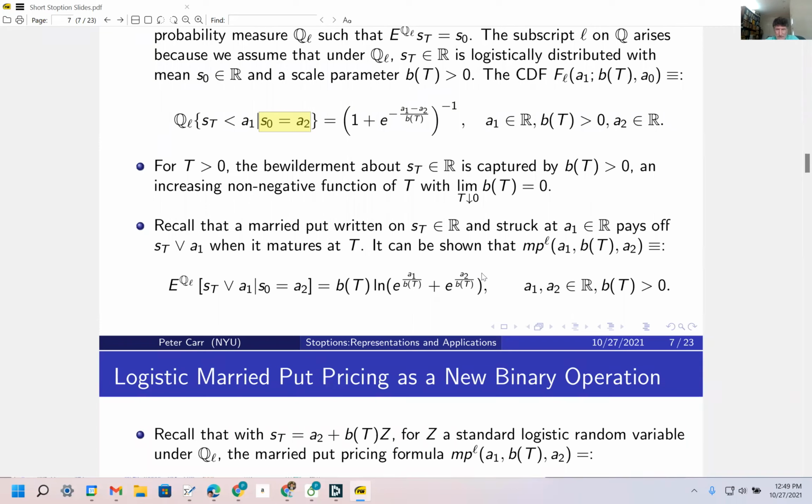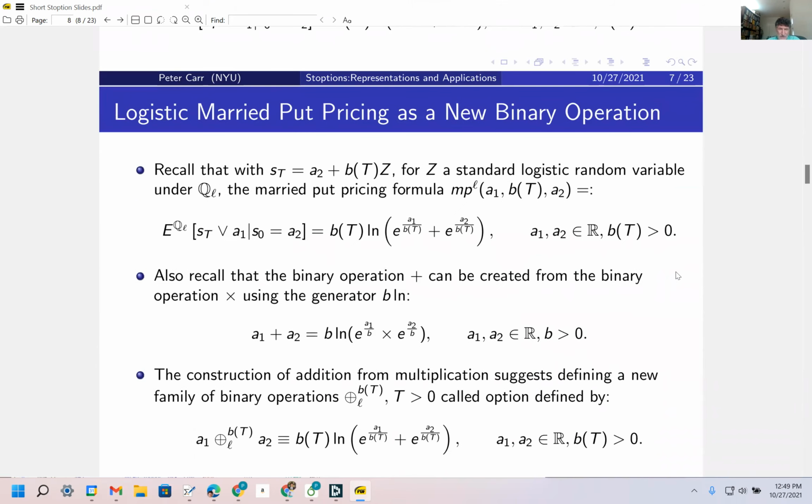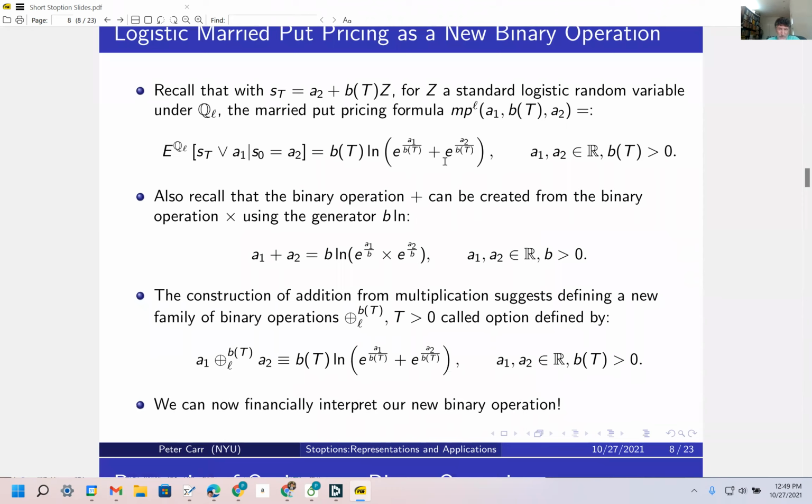Okay, so that's, let's say, why we're interested in this logistic distribution in this talk about applying abstract algebra to derivatives pricing. And so we're going to be thinking of this formula as actually a binary operation that is being applied to the strike A1 and the current price of the underlying A2. And just a quick reminder that if you started with ordinary multiplication and wanted to instead think